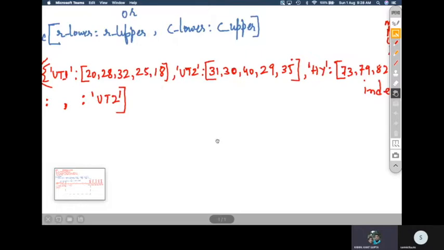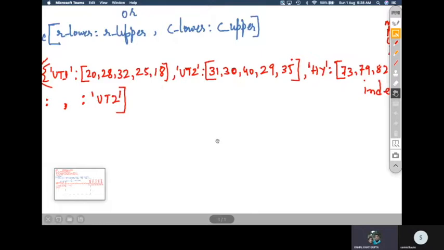So what will be the output? The output will show up something like this. It will start from physics, and then the next subject will come.